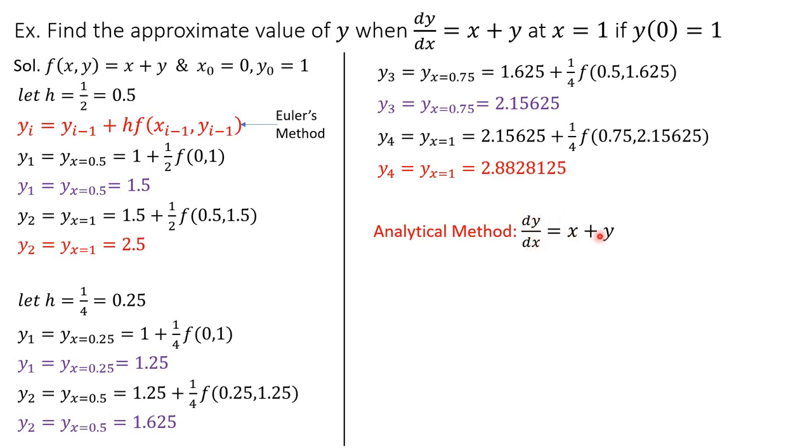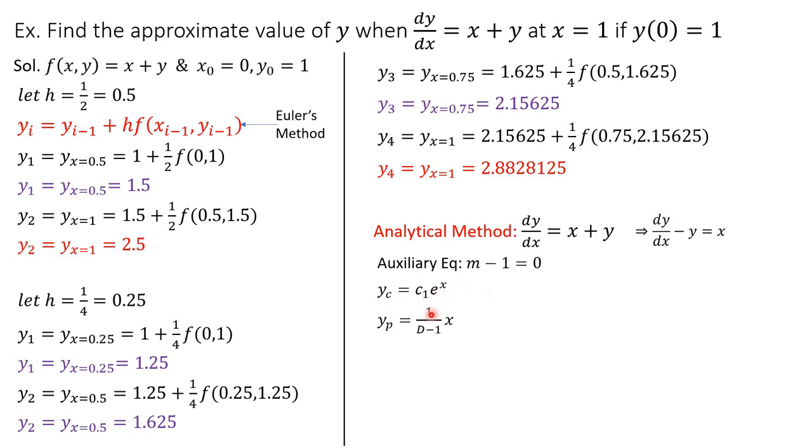So dy by dx equals x plus y. Now this can be written as dy by dx minus y is equal to x. So the auxiliary equation will be m minus 1, very simple. Or you can solve this by using, so this is a very simple differential equation. You can solve it by using a linear differential equation also, or by converting this to variable separable form, or maybe by using other methods. So here this will give us yc as c1 into e raised to x,